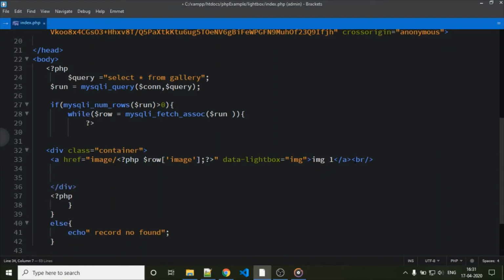We want to display an image. When we click on that image, the lightbox pop-up will come. So don't close the anchor tag here.